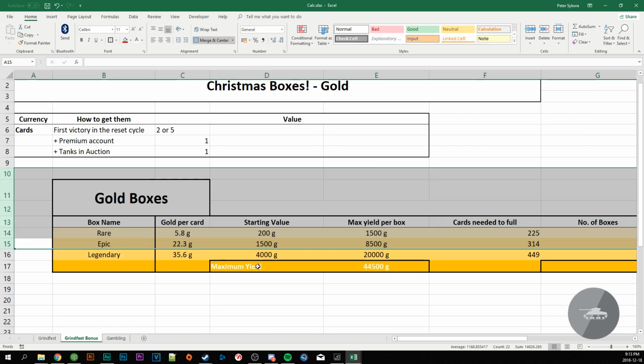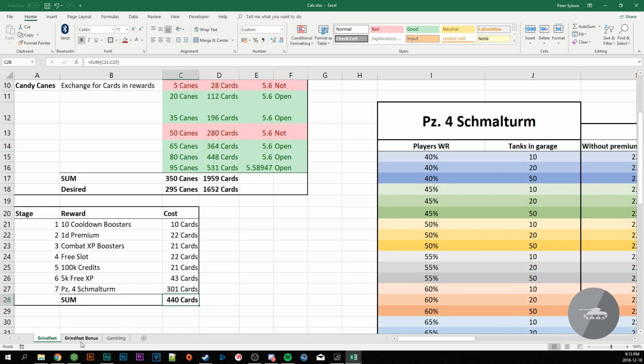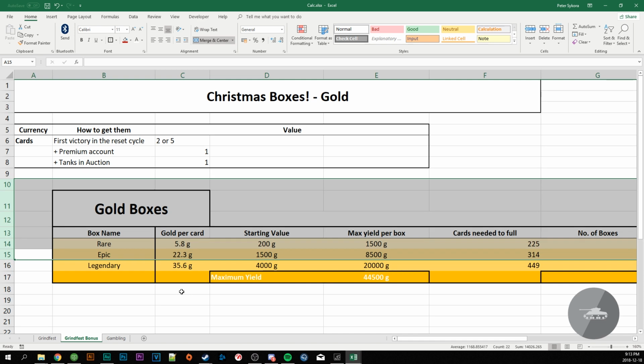So there is another bonus here. If you decided to go for Panzer IV Schmalturm, you need, yeah, already mentioned, 440 cards. We have Christmas boxes, the second part of this event, and that's